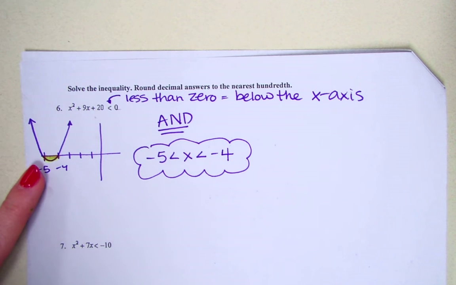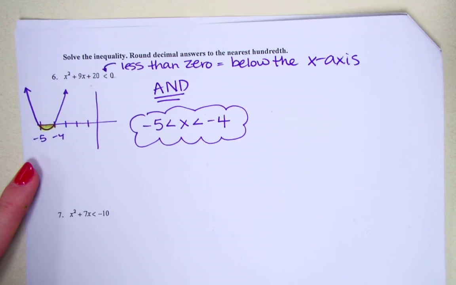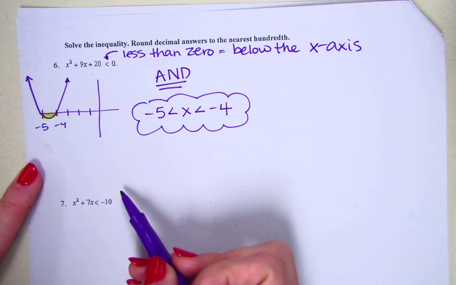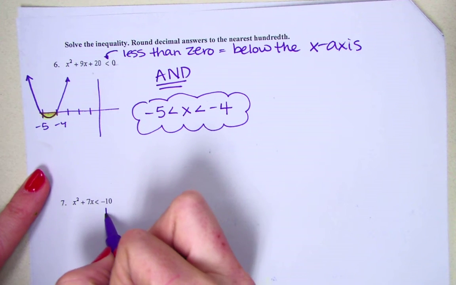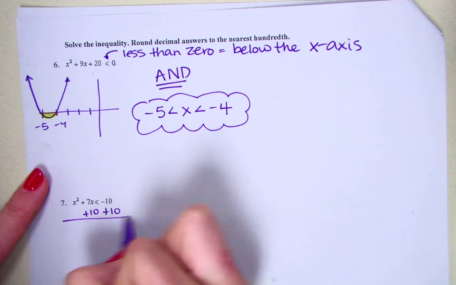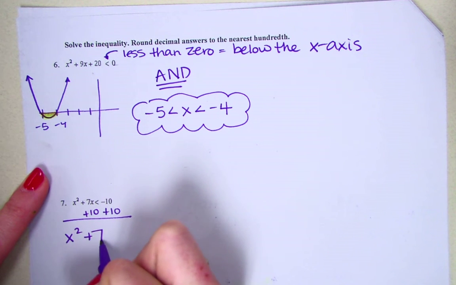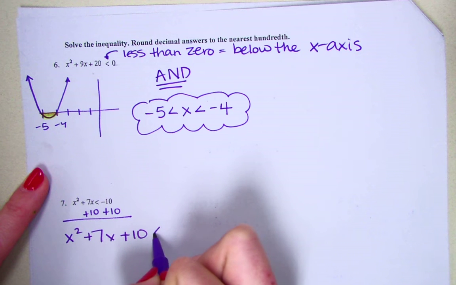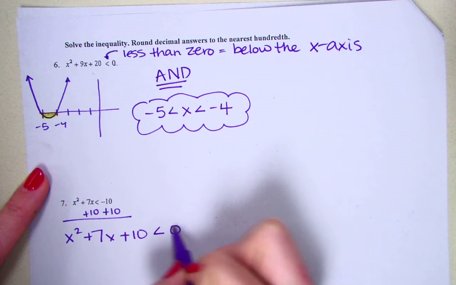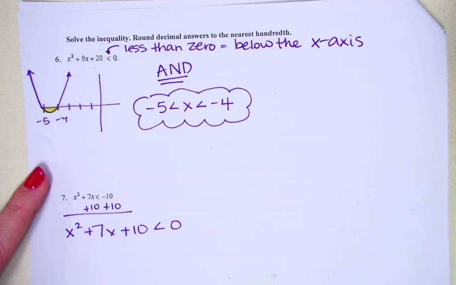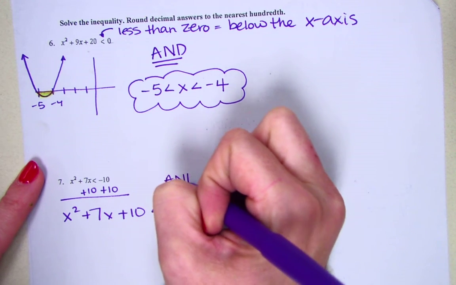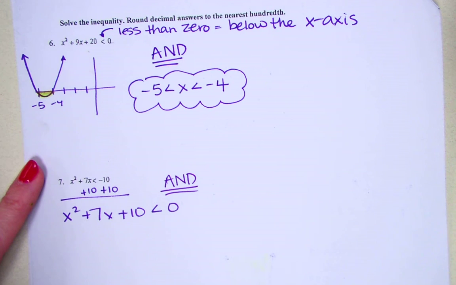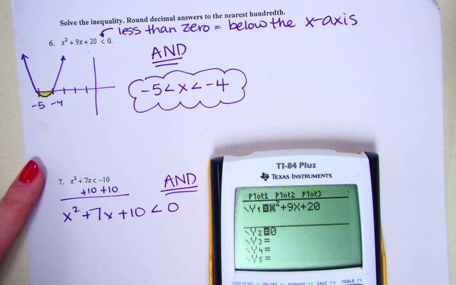I can do the same thing with this one. We're at number 7, except all the terms are not on the same side. So we can move something over to the left. I can plus 10 on both sides. Then I'll have x squared plus 7x plus 10 is less than 0. Since this one is also less than, it's another and. And I can do what I did before, which is